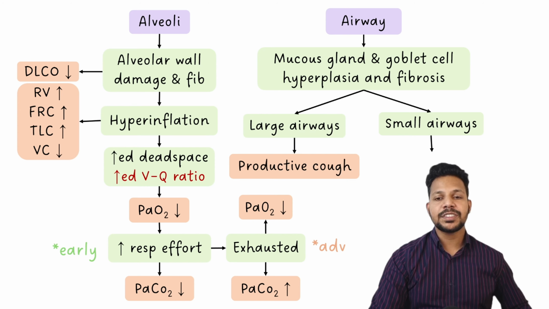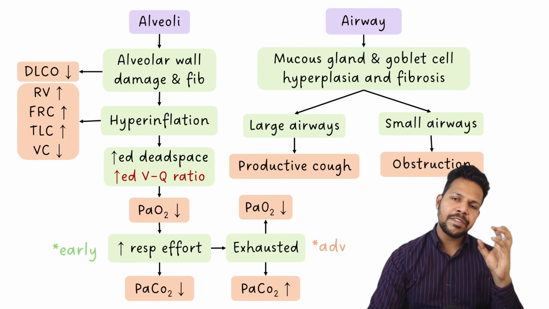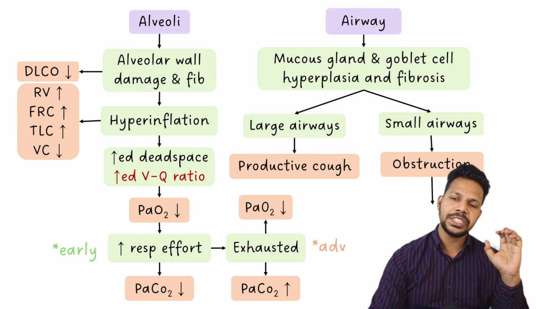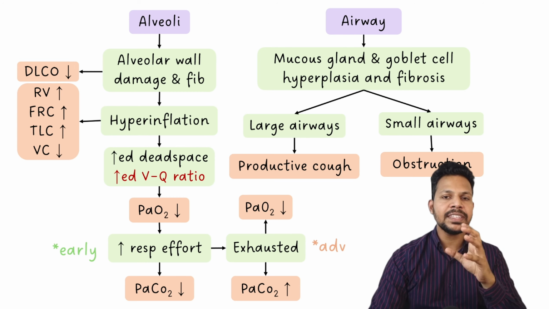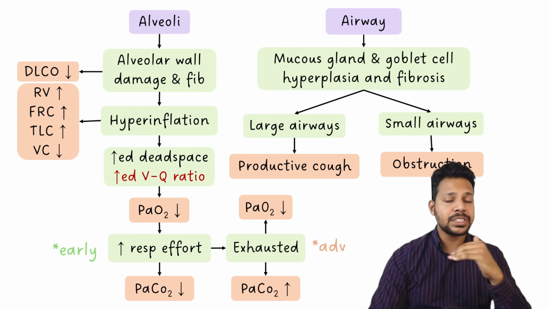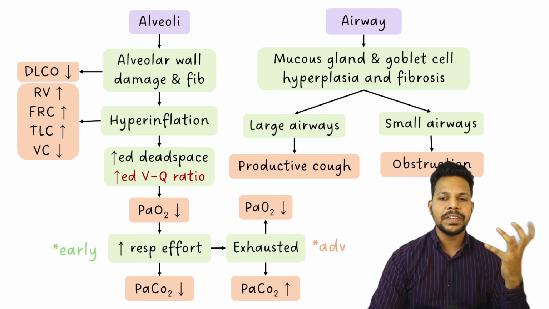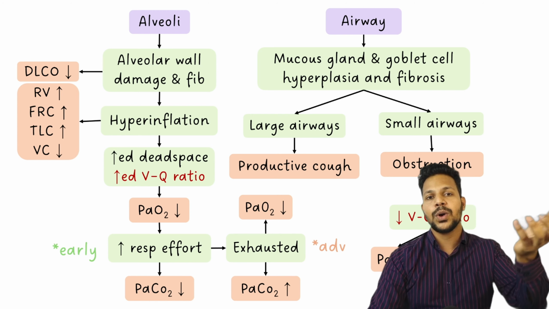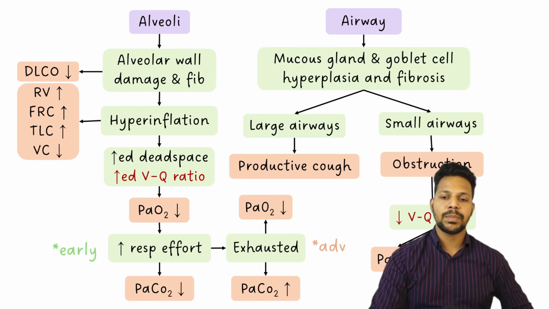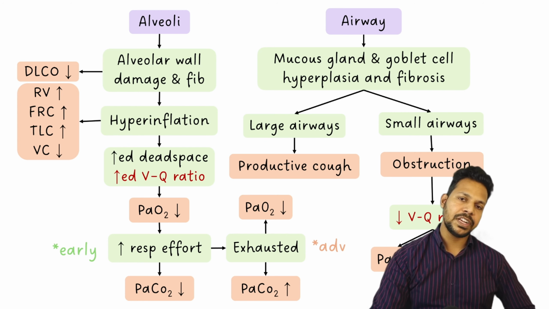But when this affects the smaller airways, there is obstruction of the smaller airways, and the ventilation for those alveoli which are supplied by these smaller airways is reduced. So the ventilation is reduced, but the perfusion is maintained. Remember, when we are talking about airways, the alveoli are supposed to be normal and the perfusion is supposed to be normal. Okay, so there is reduced ventilation and perfusion is normal. What do you think will happen to the VQ ratio? It is also reduced, and hence the PaO2 is reduced, PaCO2 is increased because the carbon dioxide inside the alveoli is not going out and oxygen in the environment is not going to enter into the blood. So there is reduced PaO2 and increased PaCO2. This is again type 2 respiratory failure.